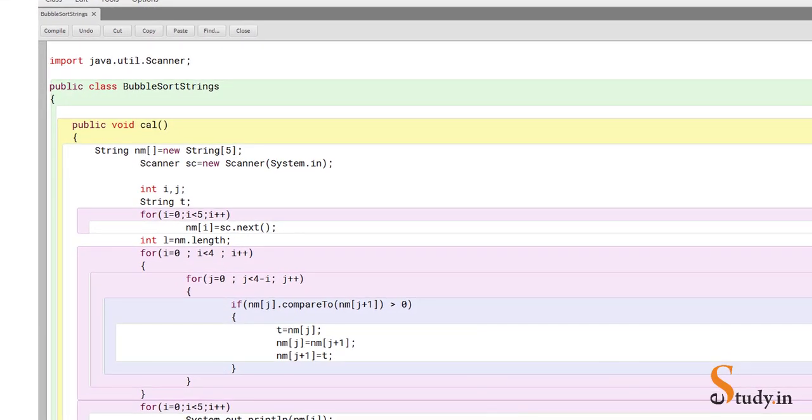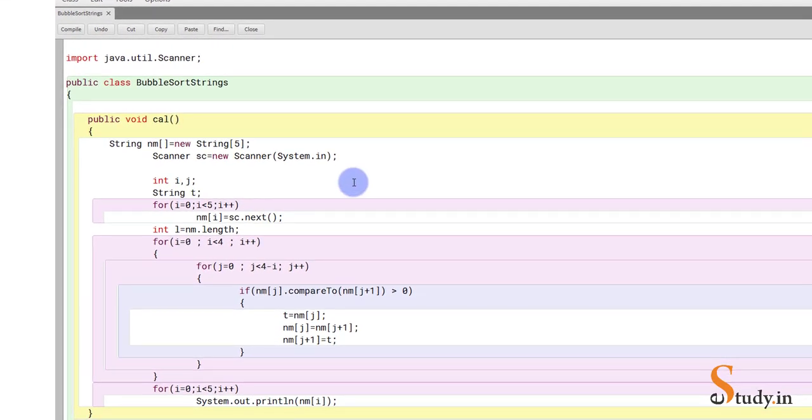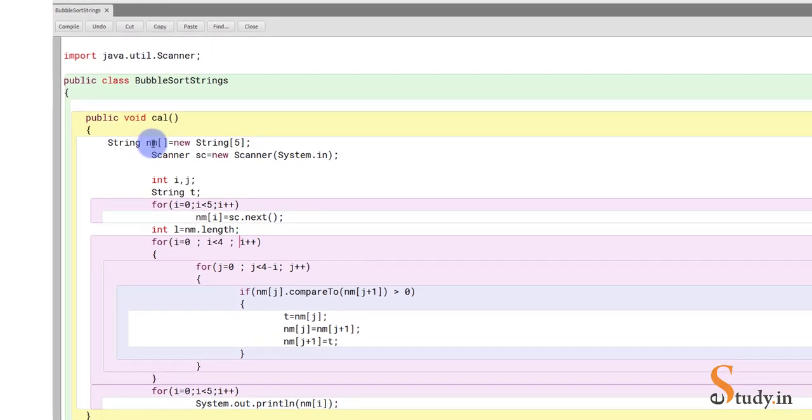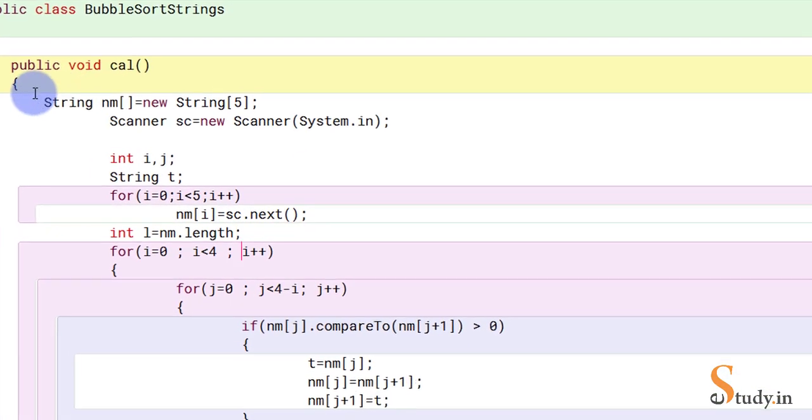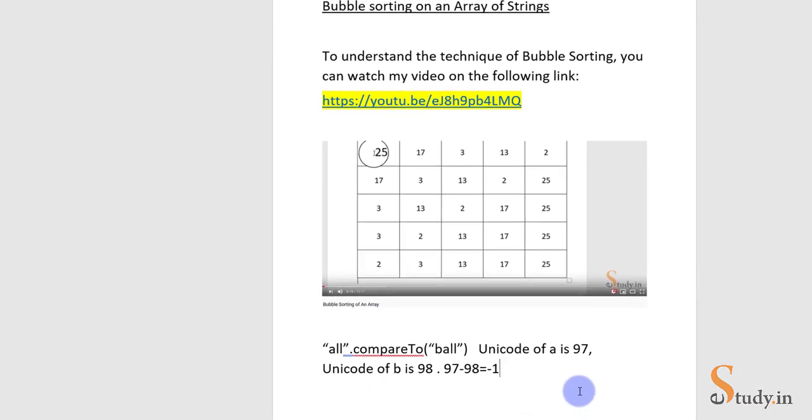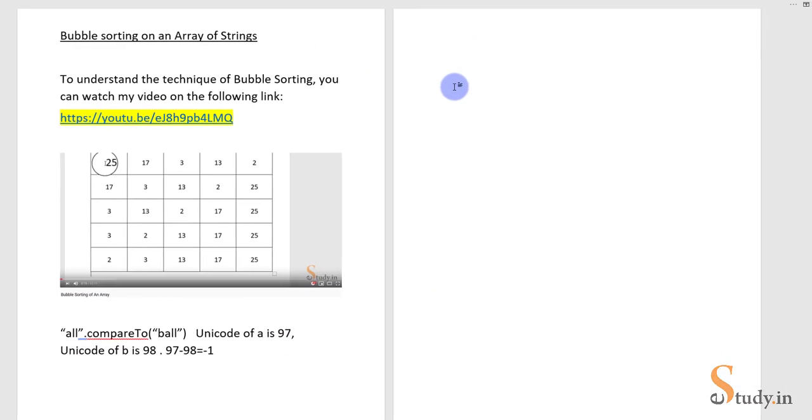Now for bubble sorting on strings, we have written this program, and let's understand what we are going to do. We are going to have an array of strings. Let's suppose we have here 5 names, and we want to sort those names. So how will we do that? Let's suppose we have these names,